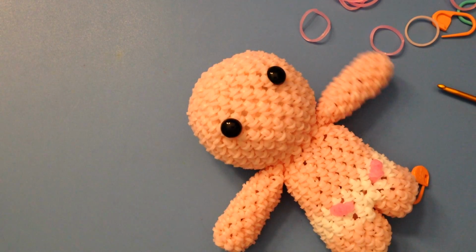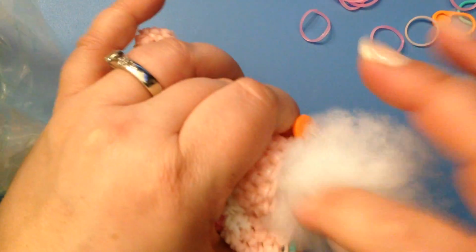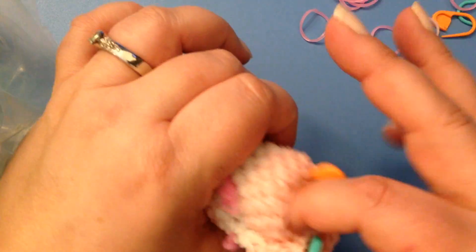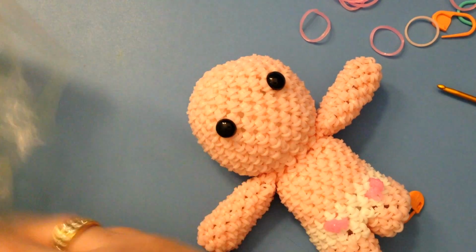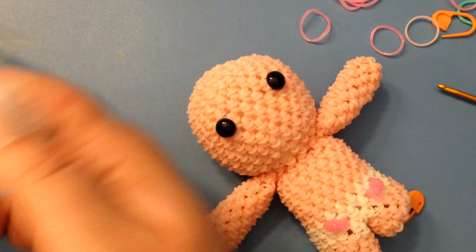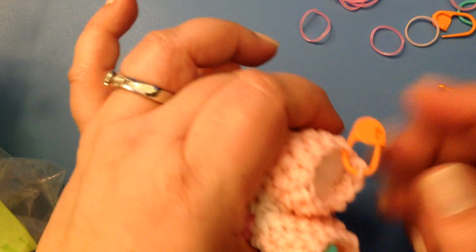So talking about stuffing, it is stuffing time. So let's grab a bit of stuffing, and we're going to go through the legs up to the stomach. Okay. So, and as you remember, I said less is best. Push that into the tummy area. Okay, and you don't want to make it too fat because they're not little porky ones really. If you do it too fat, you'll pull your bands apart. Do a little bit in each leg,